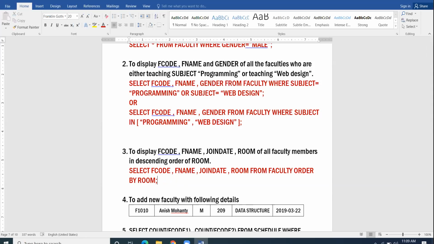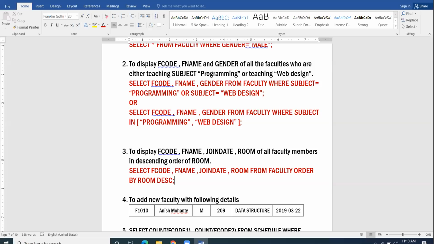Still, if you want to show the ascending criteria, you can write the keyword ASC, short form for ascending. But if you want to write for descending, then it is compulsory to give this keyword DESC.